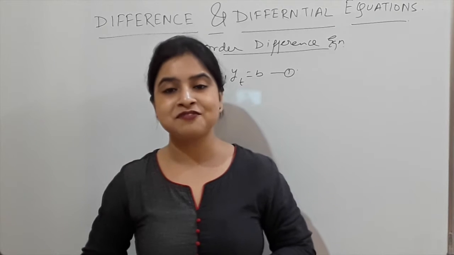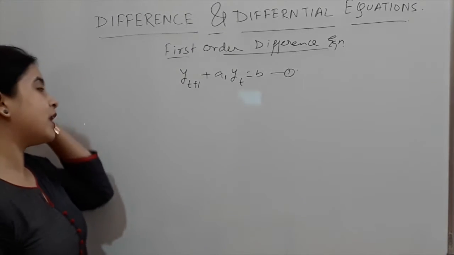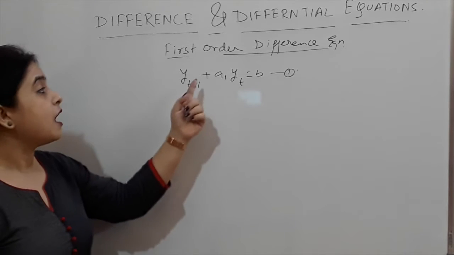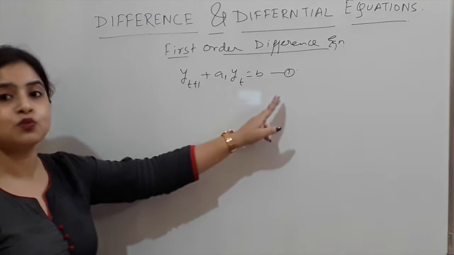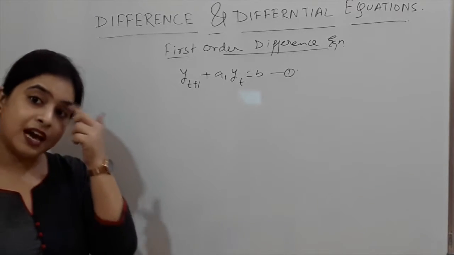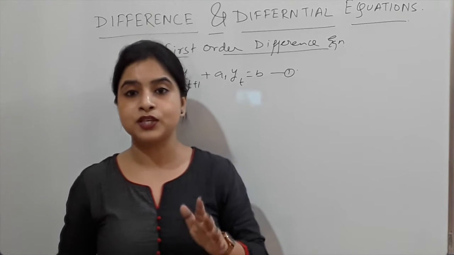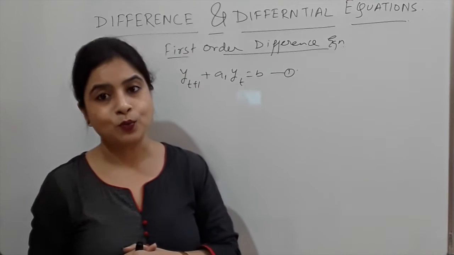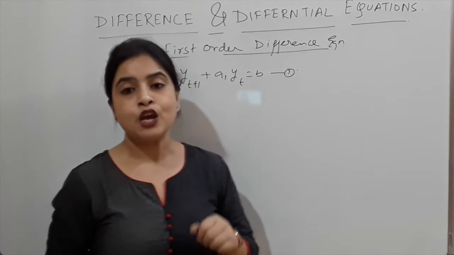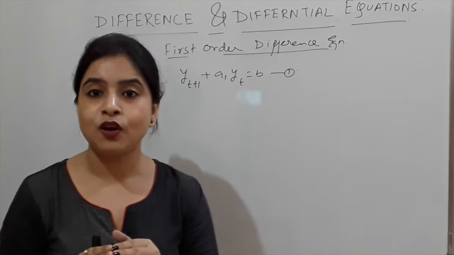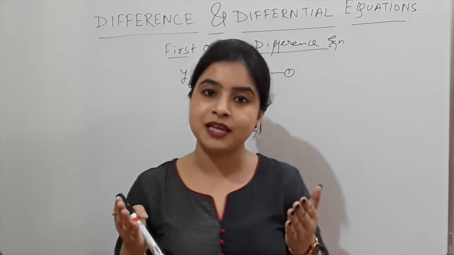So starting with the first order difference equation, the equation somewhat looks like this: y(t+1) + a1 y(t) = b. This is equation number 1 we have considered. So this is the first order difference equation, but again it is non-homogeneous because of the presence of this b term, right? So now here also the basic objective of this whole dynamic chapter remains the same,